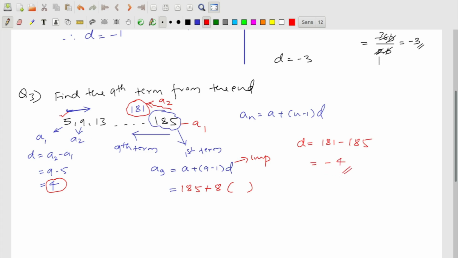So if the AP starts from here, it will be plus 4. If it starts from the other end, then it will be minus 4. Now put minus 4 here. So now if you simplify this, you will get minus 32. 185 minus 32 is equal to 153. Okay, so then this 153 is the ninth term from the end, or from this 185. Okay,